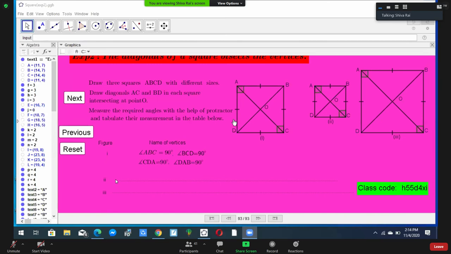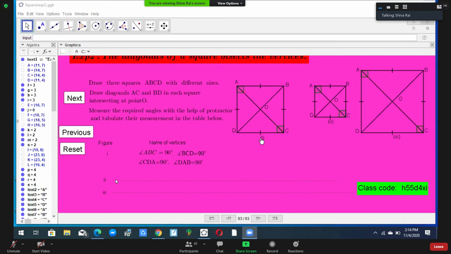In the case of the square also, you look here. Angle A and angle C here are shown as 90 degrees. Actually all angles are 90 degrees here: angle B, angle C, angle D. And all the sides are equal. You look at this notation, this notation shows all the sides are equal.